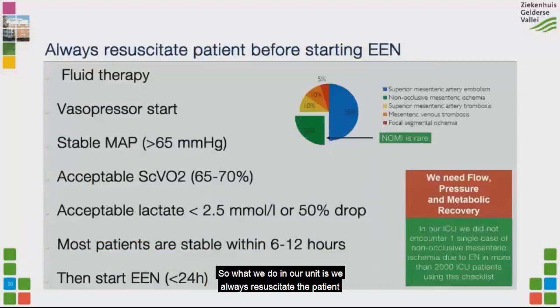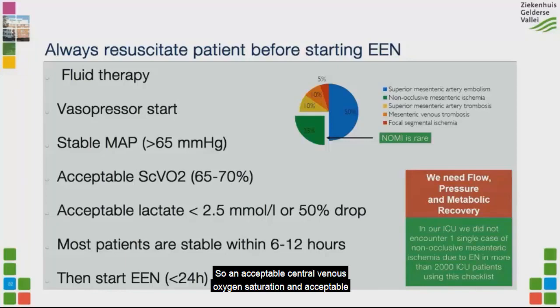So what we do in our unit is we always resuscitate the patient with fluids before starting early enteral nutrition, because we want to prevent non-occlusive mesenteric ischemia induced by enteral nutrition. So we give fluid therapy, we start vasopressors, and we wait a little while before we have a stable mean arterial pressure, for instance, above 65 millimeters of mercury,